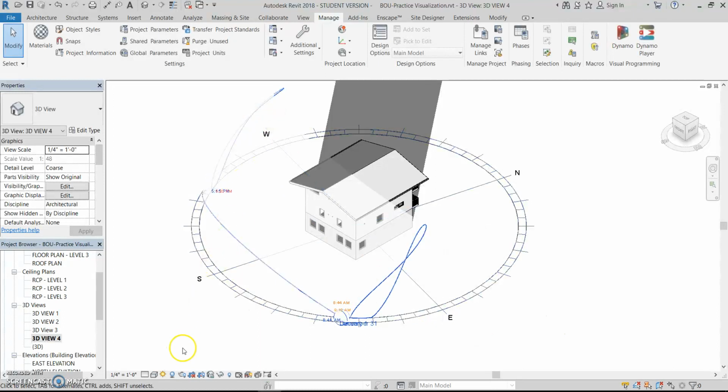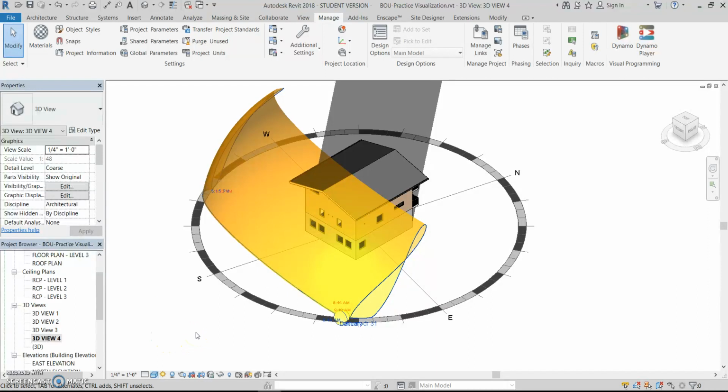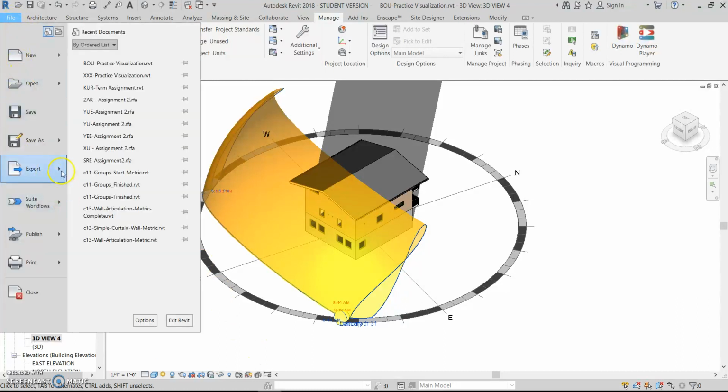And you can see the sun, and it's a bit easier sometimes to see this as shaded. You see this one right here. That's the color of the sun, where the sun will be, and throughout the year. And what I want to do now is export a solar study. I could preview the solar study here, but it really leans on the hardware, and this computer is not quite up to it. So what I'm going to do is go File, Export